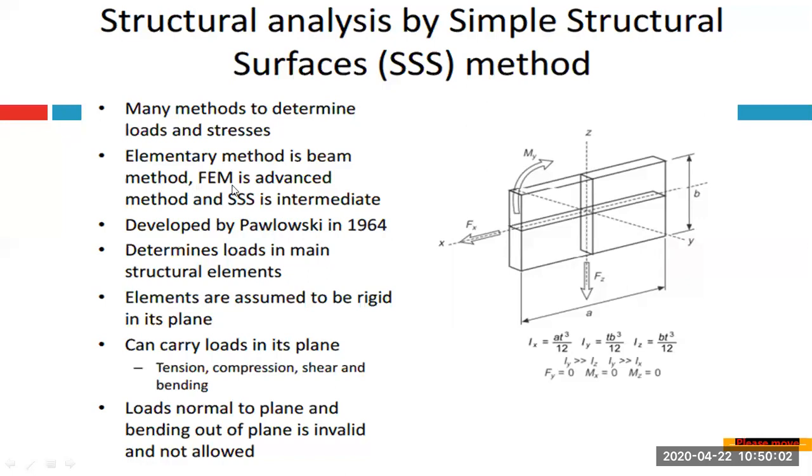Your results are going to be better than the beam method, maybe slightly less accurate as compared to the finite element method, but quite good enough when compared with FEM. Maybe 10 to 15% plus or minus errors might be there, but you get a fair amount of idea